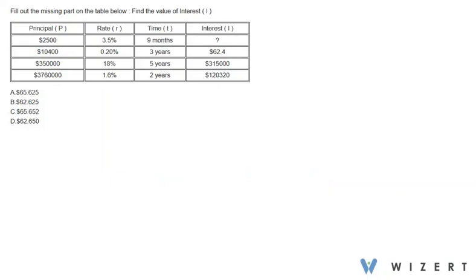We have this question here. Fill out the missing part on the table below. Find the value of interest I. So we have to find the value here. We know that simple interest can be found out with this relation: simple interest equals principal multiplied by rate multiplied by time, whole